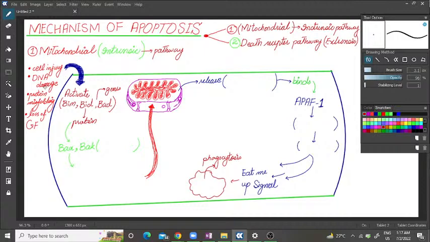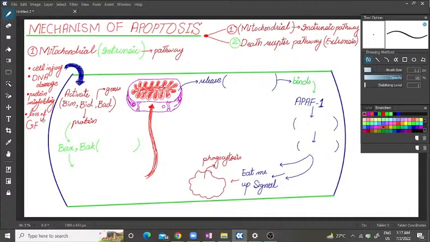Next is DNA damage. When DNA damage to the cell happens due to any reason and is not repairable by proteins, for example the P53 pathway, then definitely the cell again wants its apoptosis, because the cell says, I am not required anymore. The next is protein misfolding. When due to any reason there is misfolding of the protein, the cell wants itself to be removed from the system.